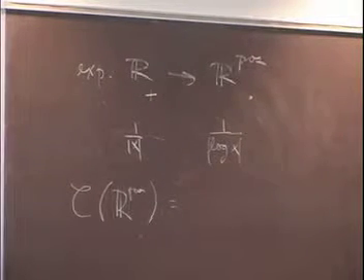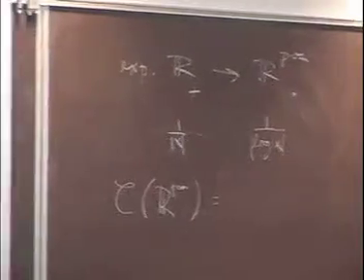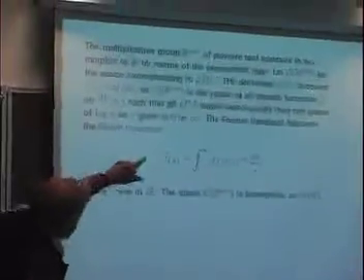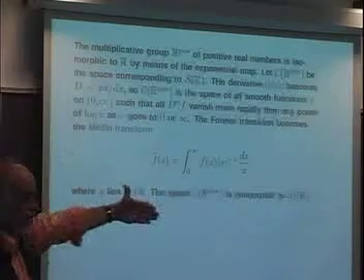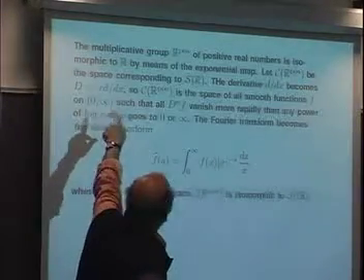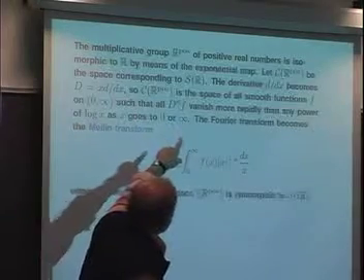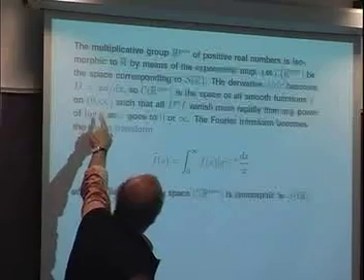So that's what I do here. The multiplicative group of positive reals is isomorphic to R by means of an exponential map and a logarithmic map going back the other way. I define a kind of Schwartz space. It inherits from the Schwartz space on the additive reals, but the condition of polynomial decrease changes to polynomial decrease in the logarithmic